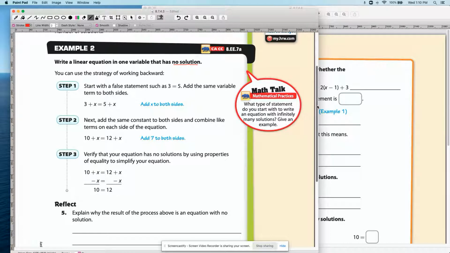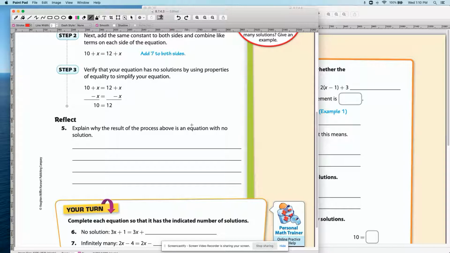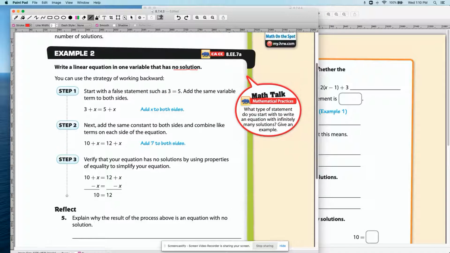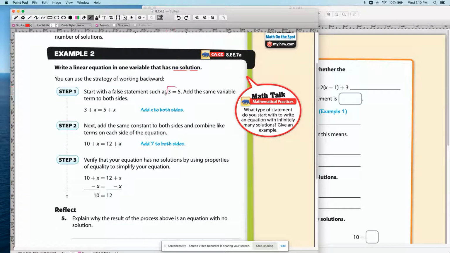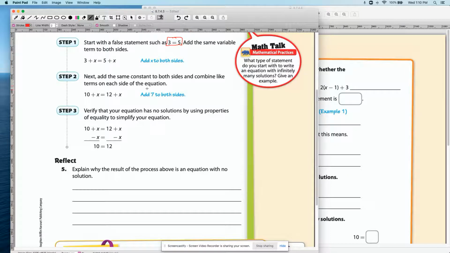So our reflection wants to know, they want us to explain why the result of the process above is an equation with no solution. Why is that? Well, we started with a false statement, right? Okay, so I'm going to write this down. We started with a false statement,